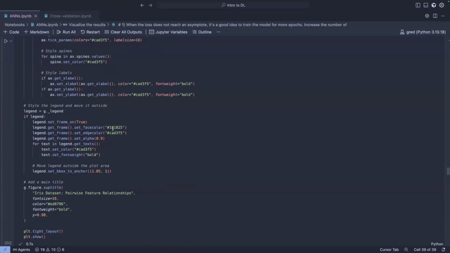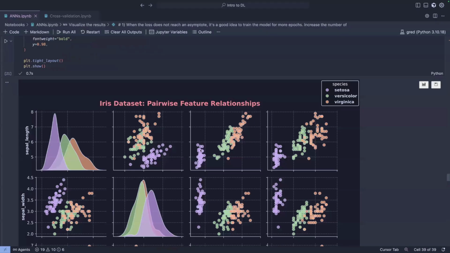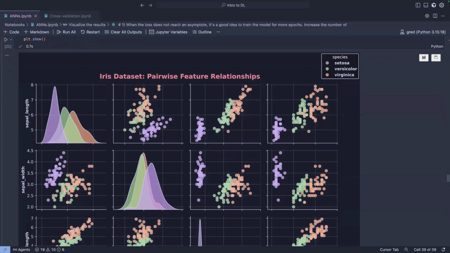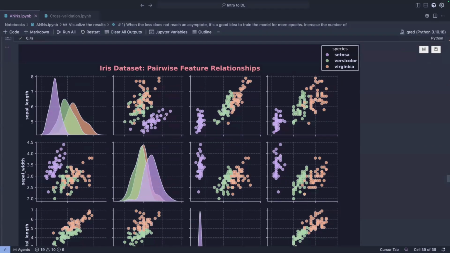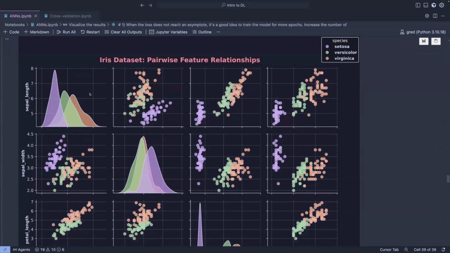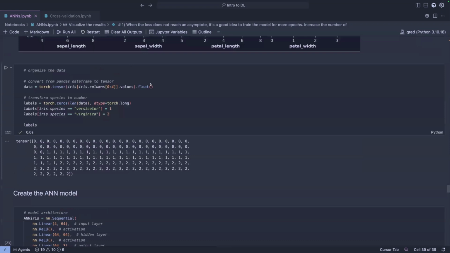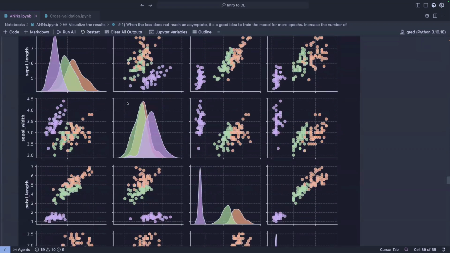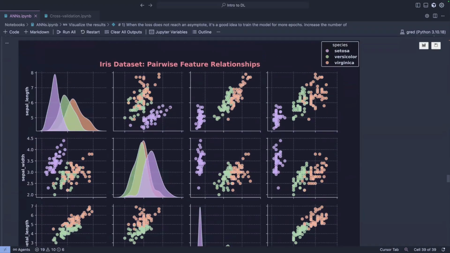And so one of the things you would do is you would first plot the relationship between these features. So you would see, for example, this species here seems to separate on the sepal length and the sepal width. So if you use the sepal length and the sepal width, you could fairly easily separate the setosa from the versicolor and virginica. But you can see here that the versicolor and virginica are clustering together in the same cluster, so it's not very straightforward to separate them.